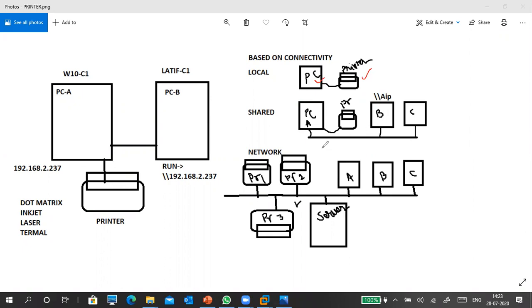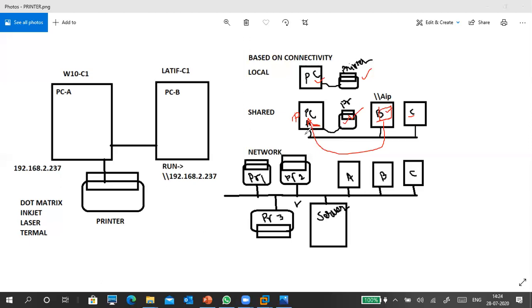connected to the network. Okay, so then we share this printer from the PC. Using this PC's IP address, the other PCs in the network can access the printer. So this PC has an IP address and is connected to the network. Other PCs using network sharing will access this PC, and through this PC they can access the printer. So without coming to this PC, they can give a print from their own PC, and the print will come out here at this PC.